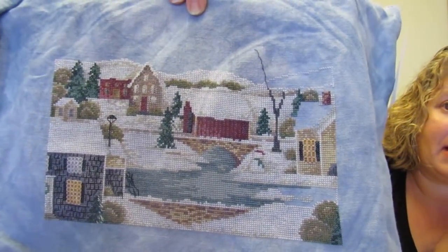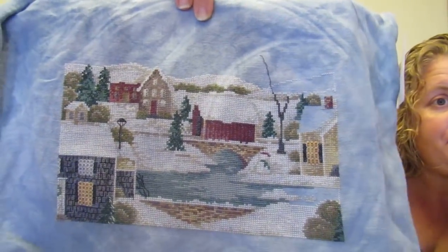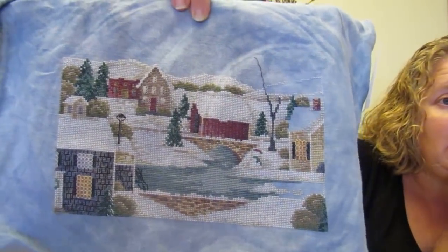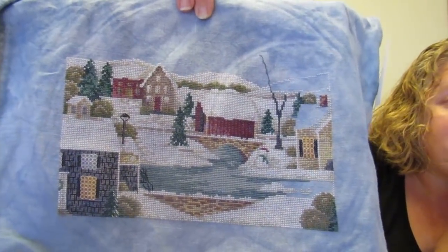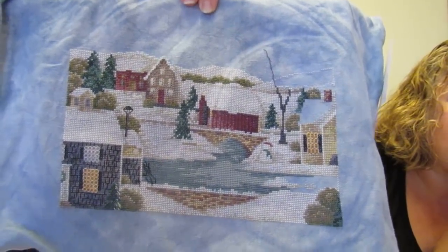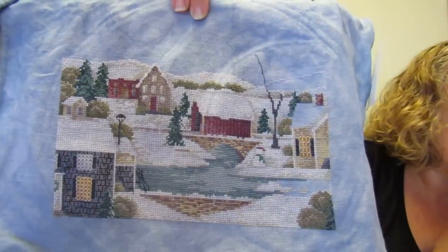The problem right now is that I'm out of white and I have more ordered. It should be here any day now, but I've done all I can do without the white. So I put this one aside yesterday